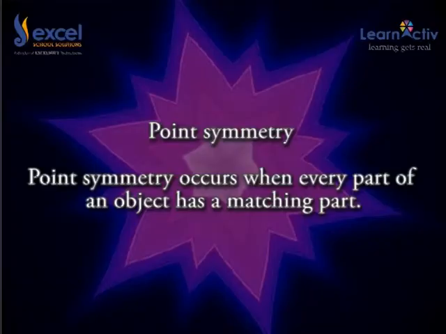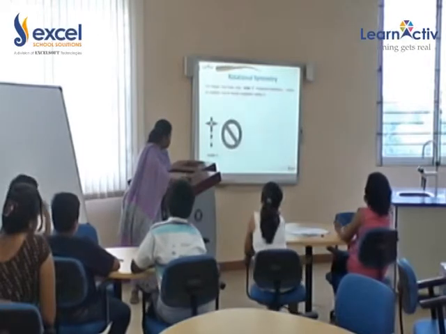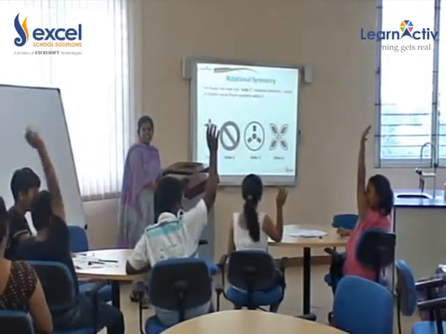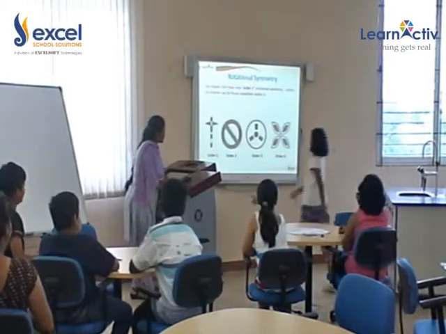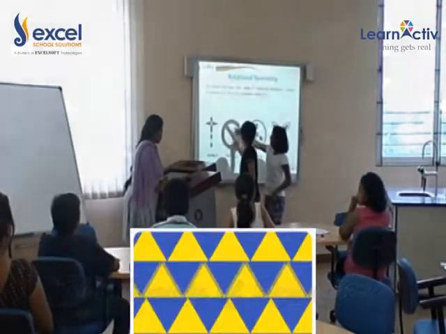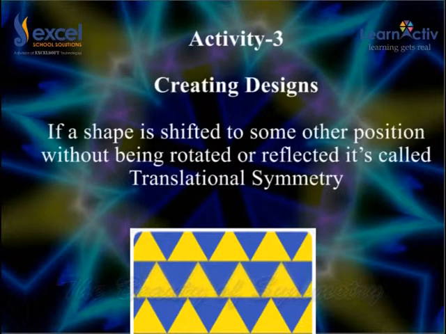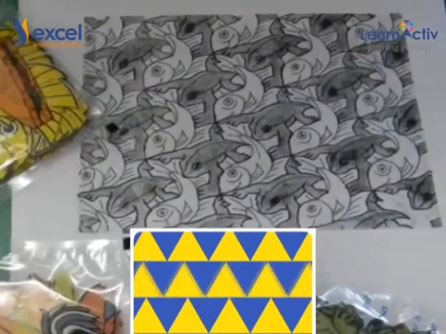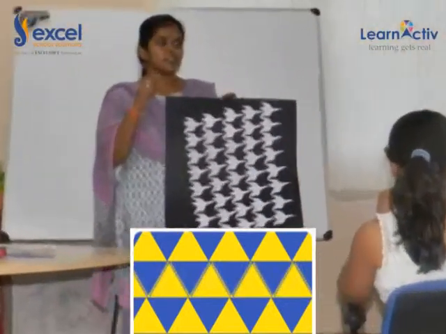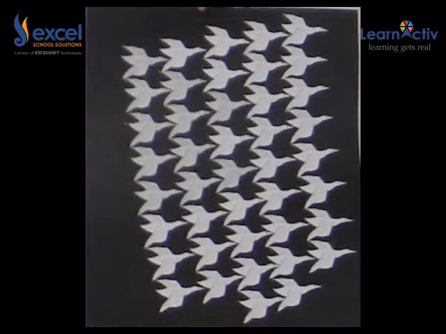Point symmetry. Point symmetry occurs when every part of an object has a matching part that is the same distance from the origin on a coordinate plane but is in the opposite direction. Translational symmetry. If a shape is shifted to some other position without being rotated or reflected, it is called translational